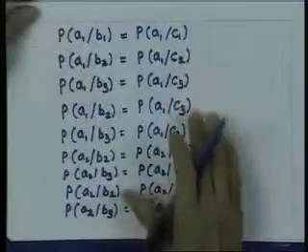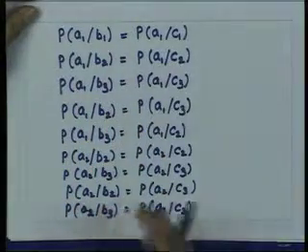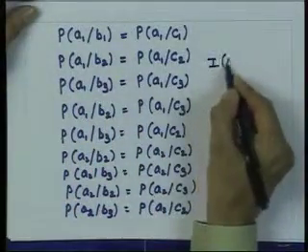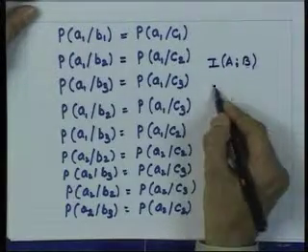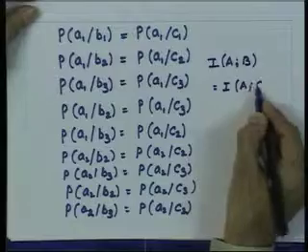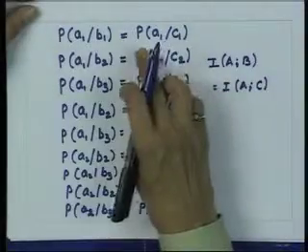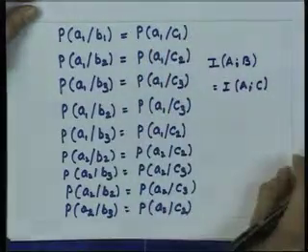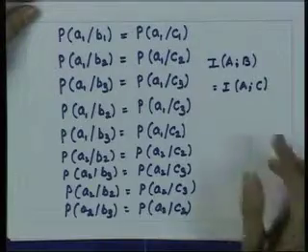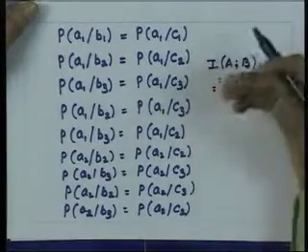Now, for this example, it is easy to show that this is true, in which case we get I of A B is equal to I A C. Now, to calculate probability of A given C, we would require to calculate the forward probabilities P of C given A and also probabilities C. Now, this can be easily done